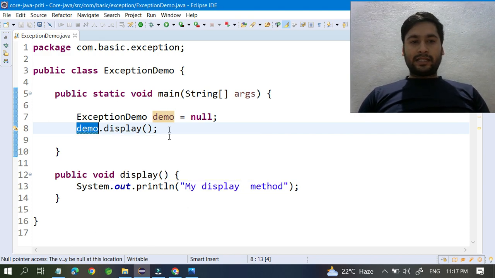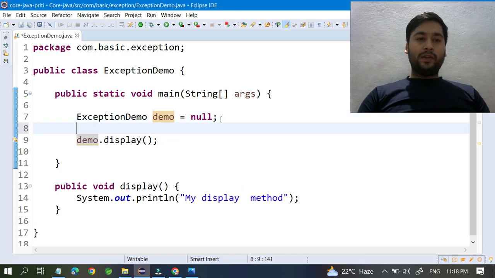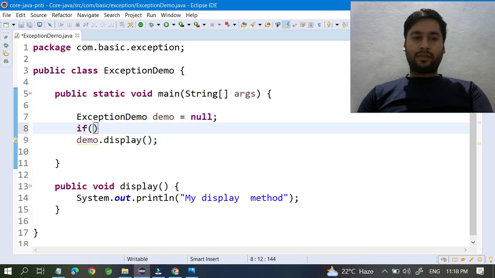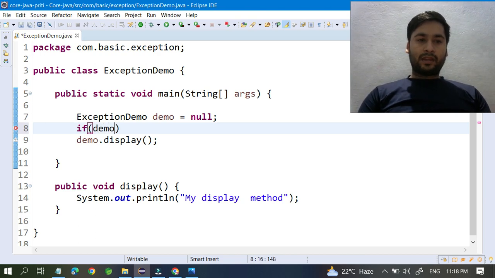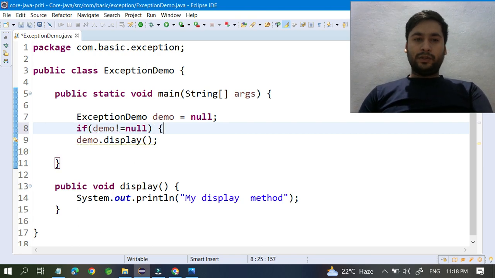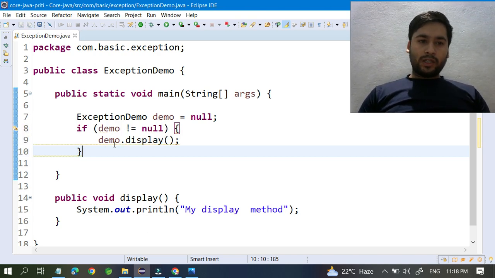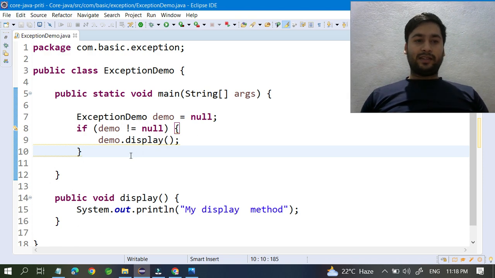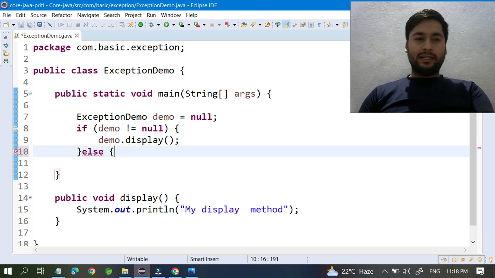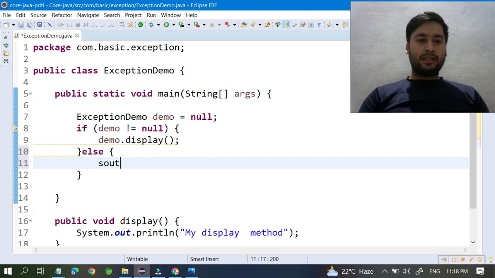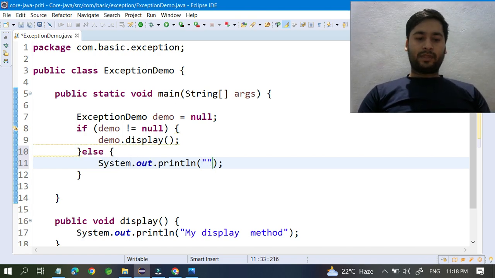So this exception you can check, you can handle it. How? You can simply write if demo not equal to null, then only call this method, otherwise don't call it. Or you can write in an else block System.out "something wrong".